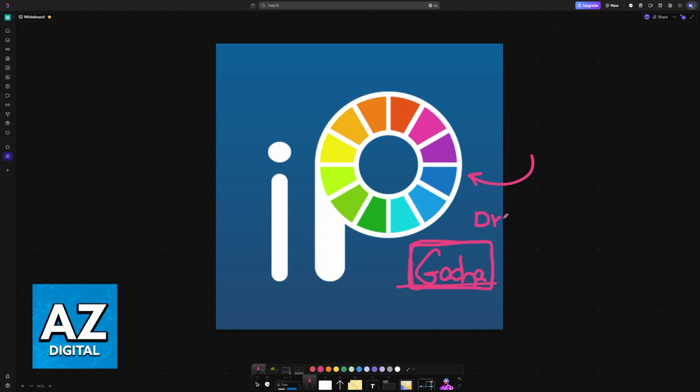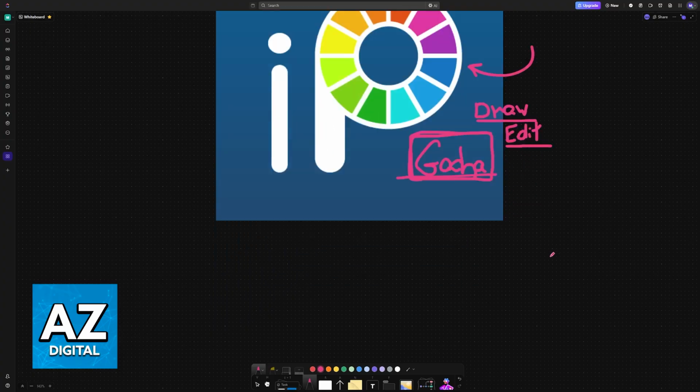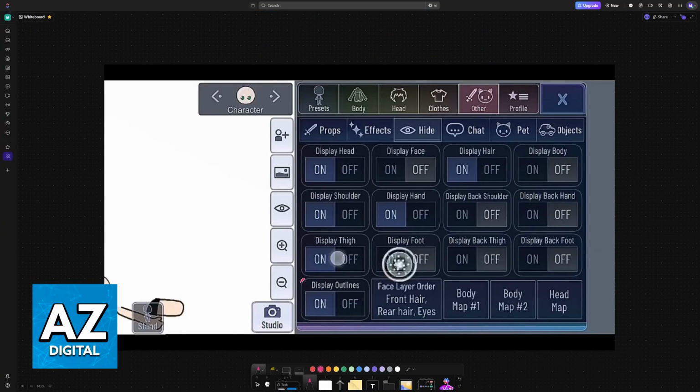You can either draw one from scratch based on a screenshot or picture that you took, or you can edit a pre-existing one. So all that you have to do is first take the needed screenshots. If you would like to draw your character using reference, go into the app and you will be able to take screenshots. You can hide specific body parts if you only want to have, for example, the torso, the head, and other parts to take pictures individually, or you can screenshot all of them, whatever you prefer to do.